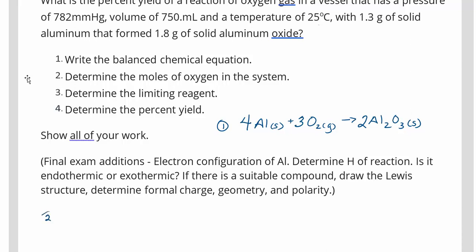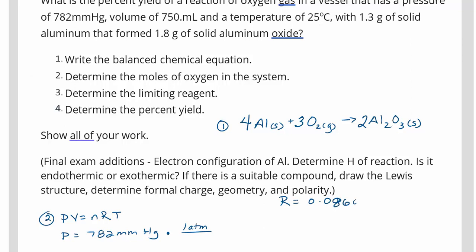So for number 2, this is going to be PV equals nRT. Let's gather our variables first. The pressure is 782 millimeters of mercury. I'm going to need to convert that into atmospheres, and I know I need to convert that into atmospheres because our R value, the